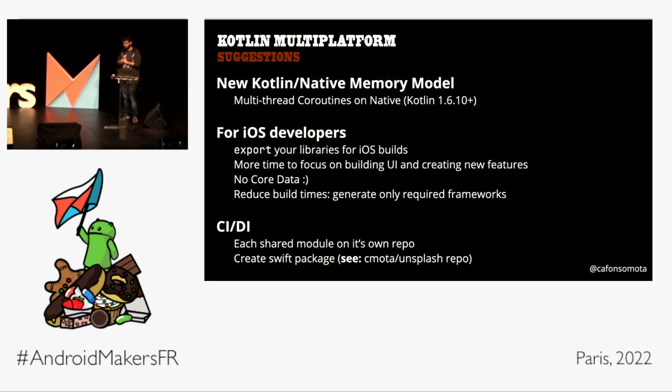My suggestion is always to have your project on its own repo. And you can just generate a Swift package that you can then easily import. A thing about this, there is a really cool plugin that's called Create Swift Package. Unfortunately, it doesn't work with the Mac M1. There are a couple of branches that already give this support. And on my repo, I have the plugin installed there with all the latest developments that you can use.